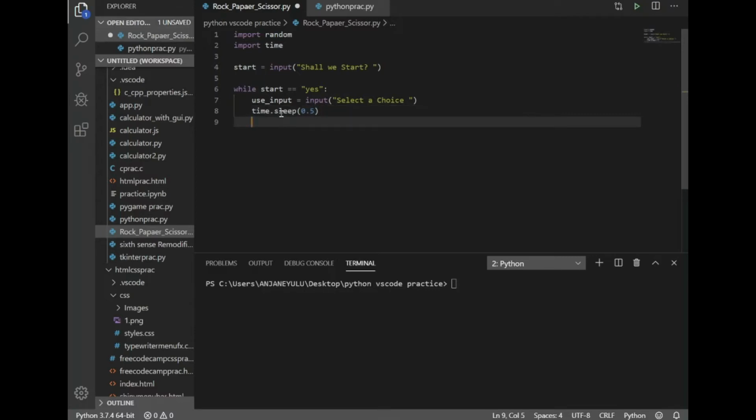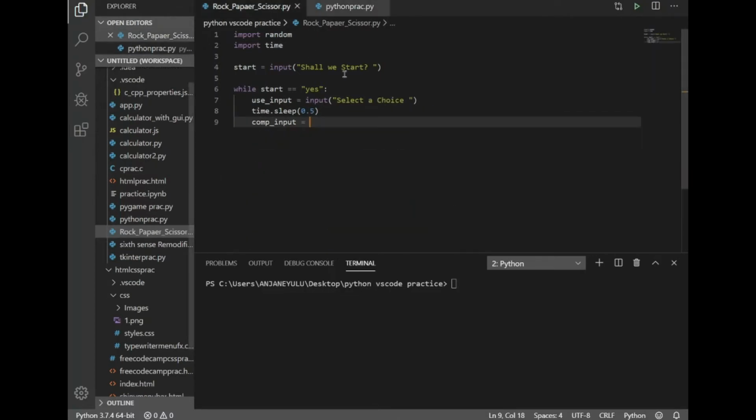Now let's hit enter and write the code. Time sleep 0.5 seconds, and we need to assign a variable like computer input. So as a computer input, it must be equal to,